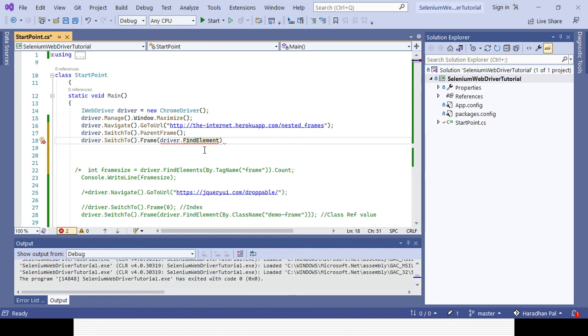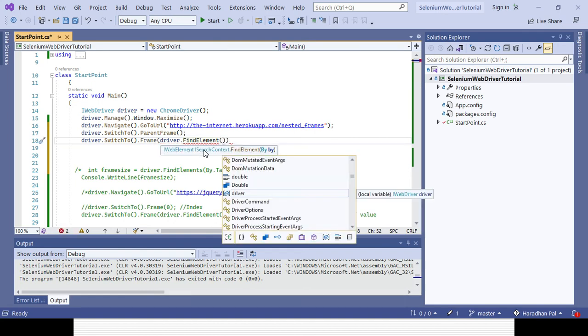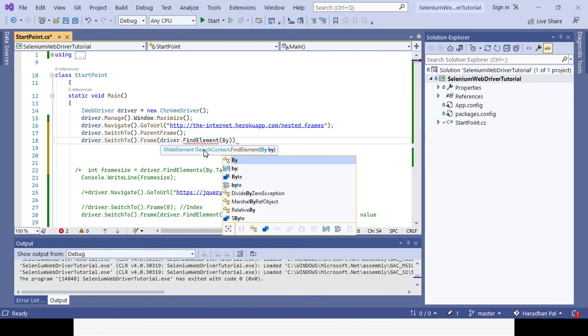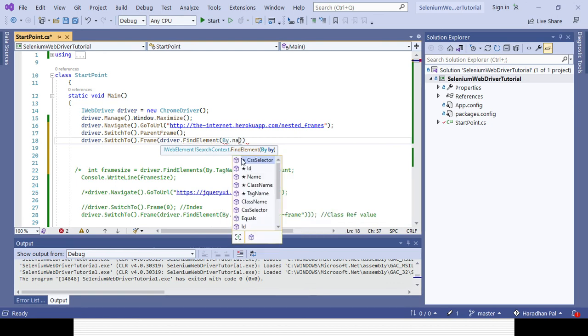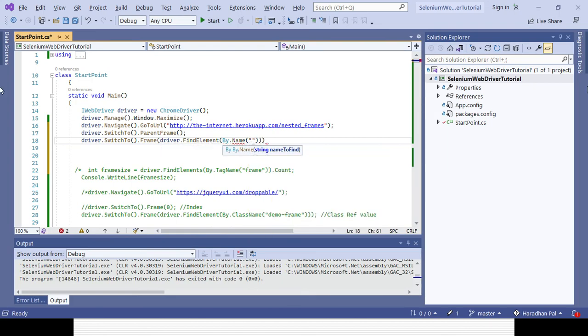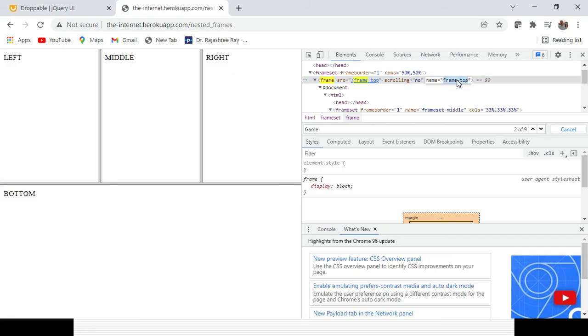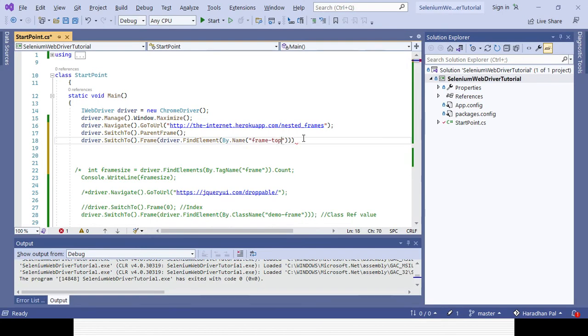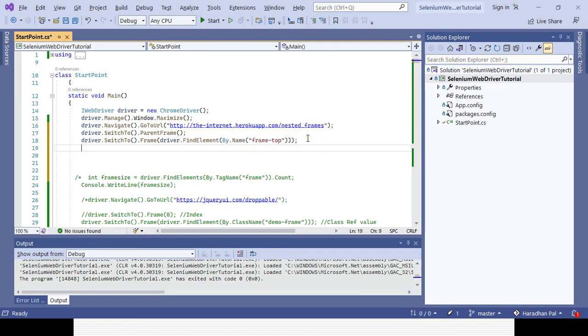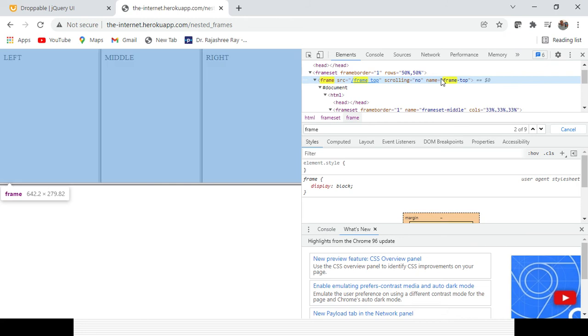Here I can give the name attribute, By.name. What is the name here? I can give the name. First I need to go to that top one, and only then can I navigate to the other. Once I navigate to the top, it will give the top frame.